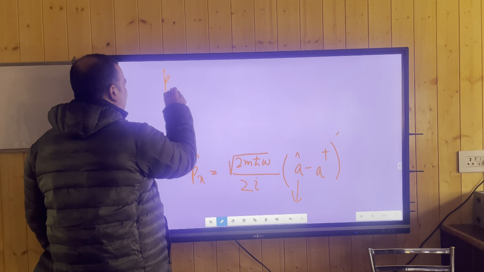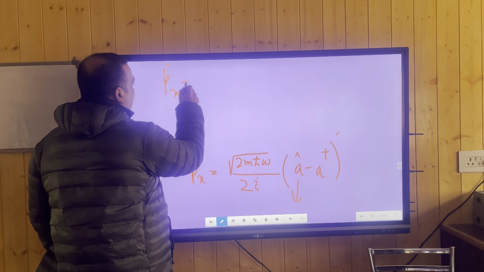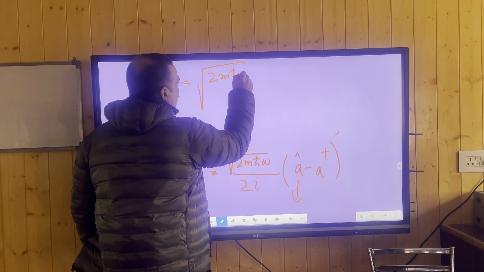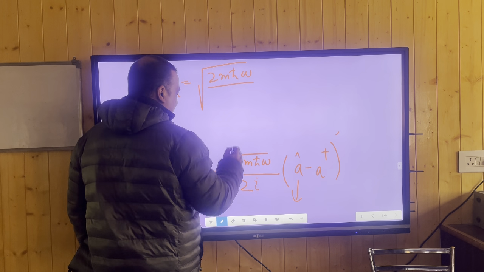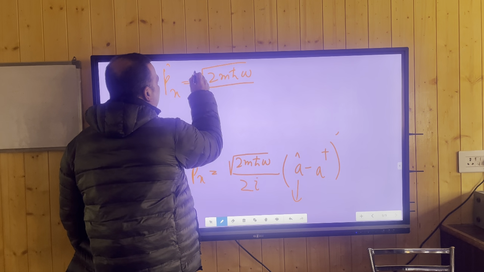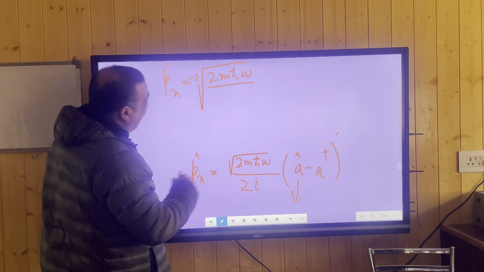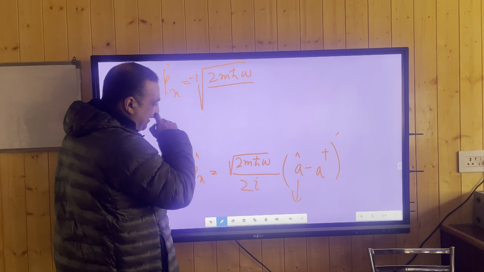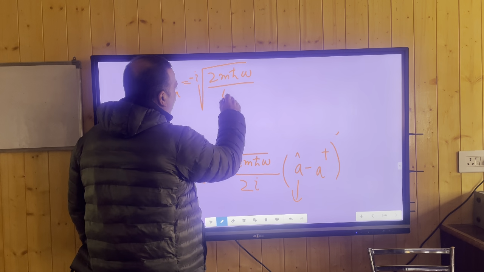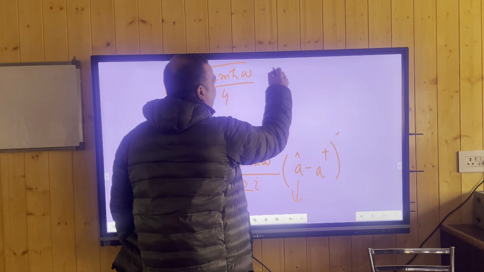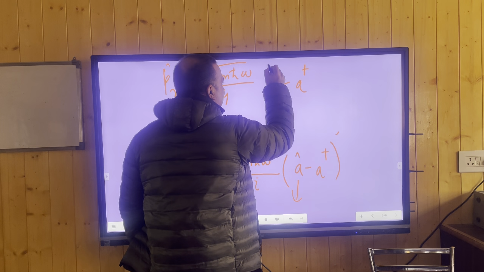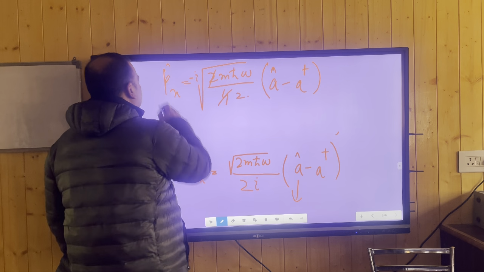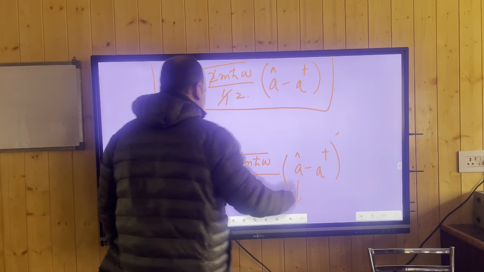So what we'll have is Px cap equal to the square root of 2m h bar omega by, so iota will make it minus, so I will put it on the top, because you'll be multiplying and dividing by iota. That will lead us to iota in the numerator, and you can incorporate the negative sign. So inside you will have 4, and then you have a cap minus a dagger. This 2 and 4 will cancel, so you'll be left with this result. So this is my Px, okay?